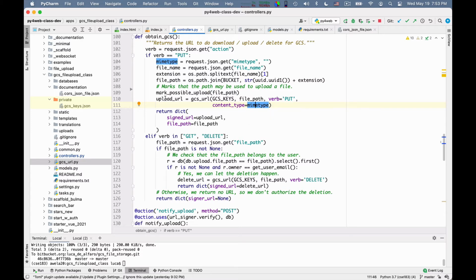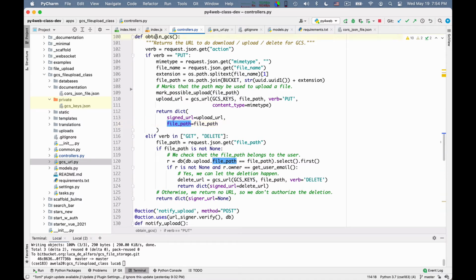Once I obtain the upload URL, I will simply pass it back to the browser, giving the signed URL, that is the authorization to actually proceed with the upload. I will also tell it what the file path will be, the location at which the file will be available once uploaded.